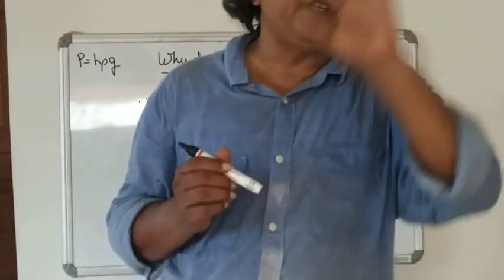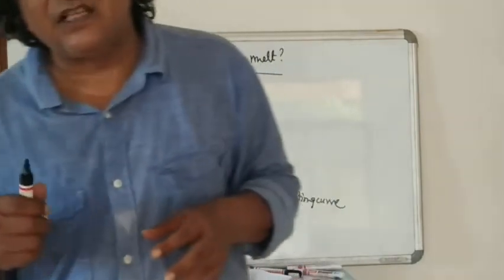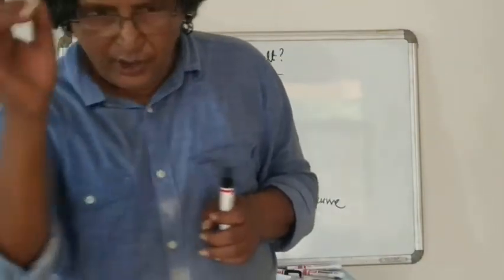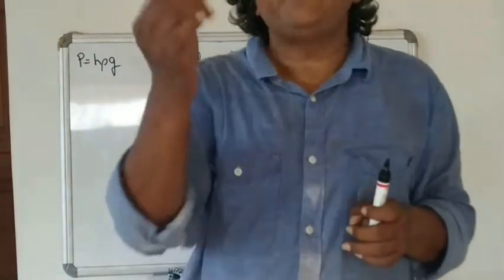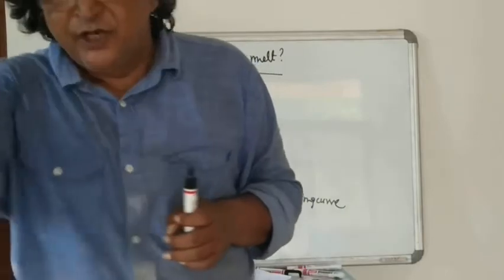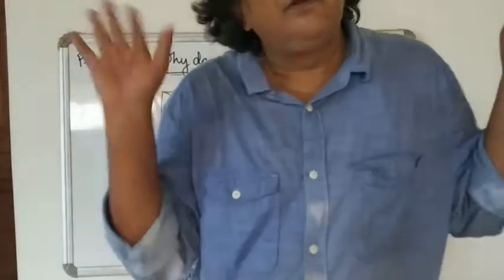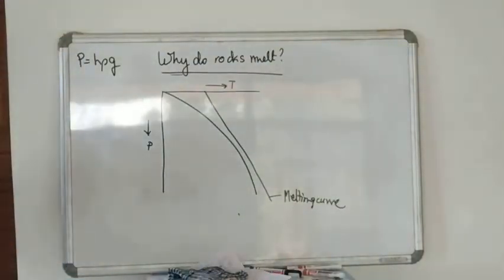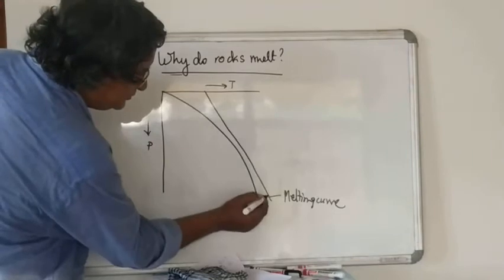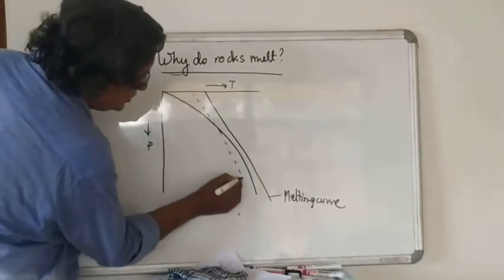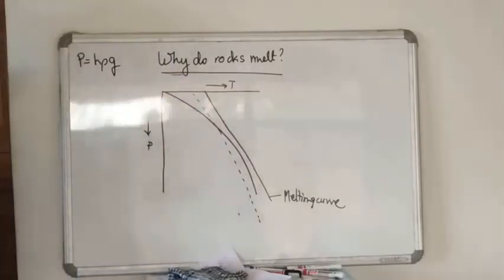If you have forgotten it, it doesn't matter. We will take it up in the next class. But for this class, if you add a solute, it will reduce the melting temperature. Say, for example, when you melt gold, you add a little bit of something in it so that the melting temperature decreases. Well-known fact. So you add a solute, the melting temperature decreases. So now, this is the melting temperature, and I can draw another melting temperature curve here.